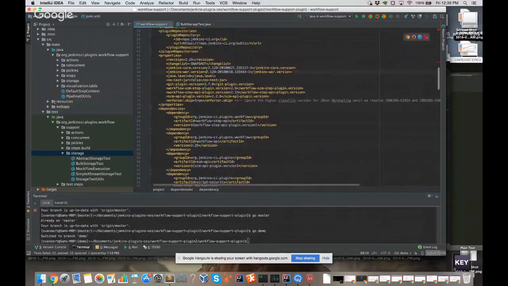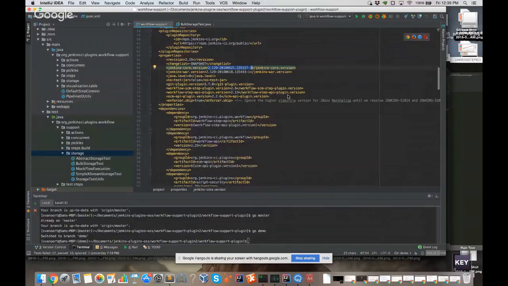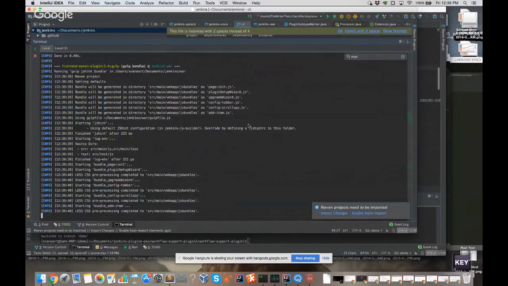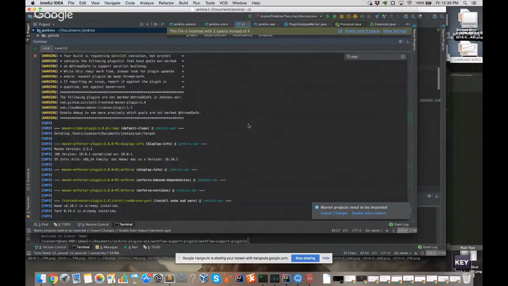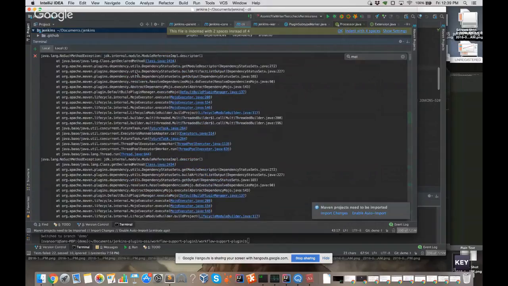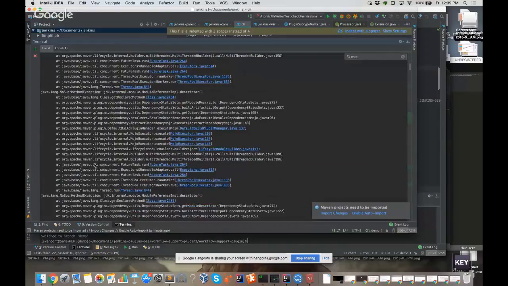See, we're using a snapshot build of Jenkins core that reflects more or less the changes that I've just done. So we've got most of our dev tooling already working here. You can see there are still some complaints along the way. One component of the build is not happy with something,